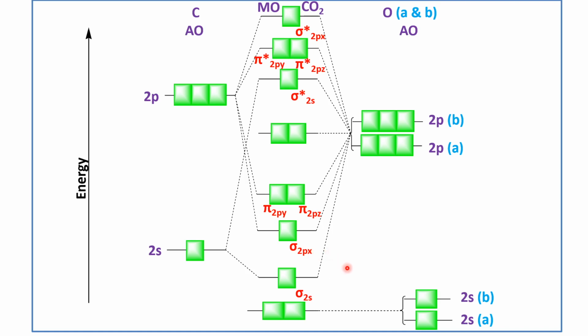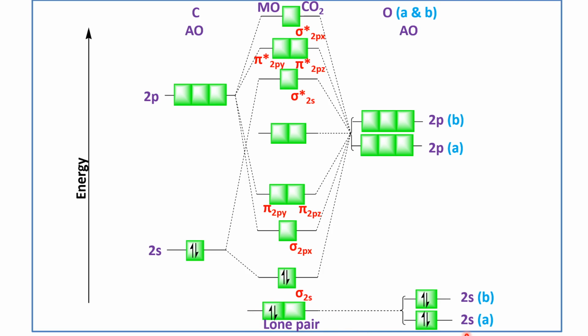Now let's put the electrons in the atomic orbitals. So first we are having the carbon atom. The carbon 2s having 2 electrons. Now both these 2 electrons of the carbon are shifted in the bonding, bonding means the sigma 2s, right? Then the 2s of oxygen having 2 electrons, the first oxygen having 2 electrons and the second oxygen having 2 electrons. Now both these 2s electrons of the two oxygen atoms are non-bonding, or we can say they are considered as a lone pair.